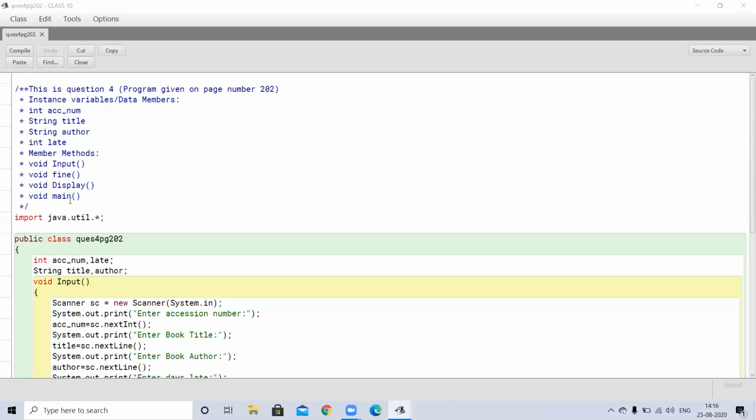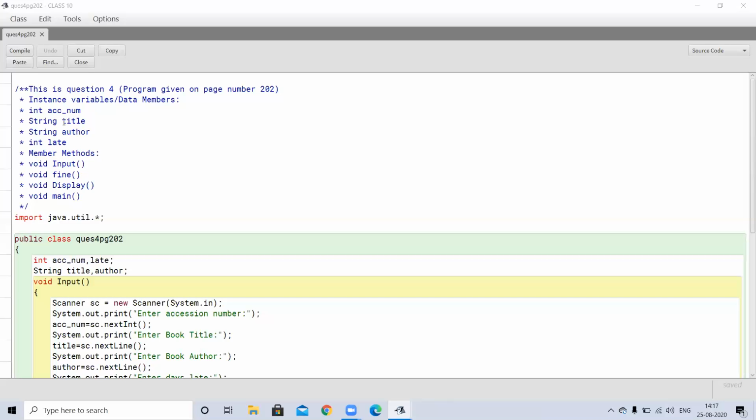In main we have to call input, we have to call find method, and we have to call also display method. This is your question, means we have to write a program to design a class for the library with the given data members and member methods.